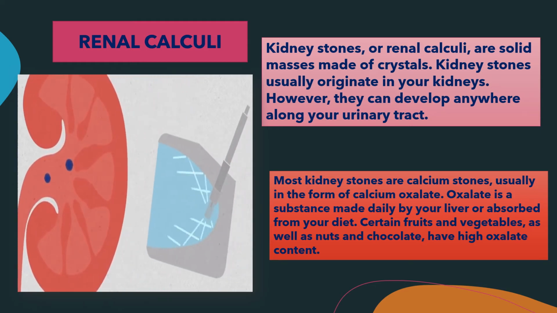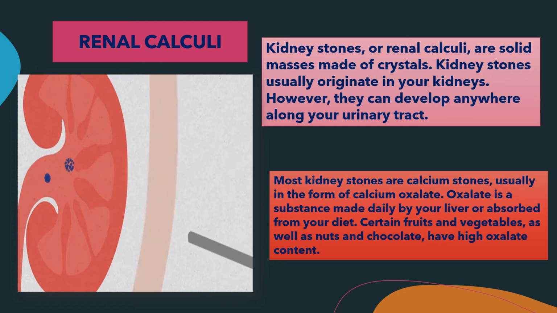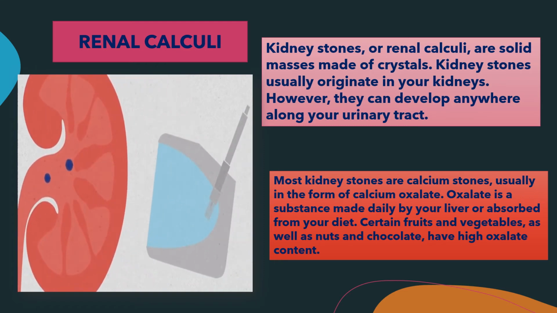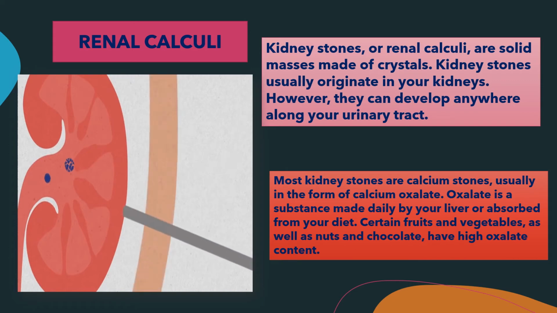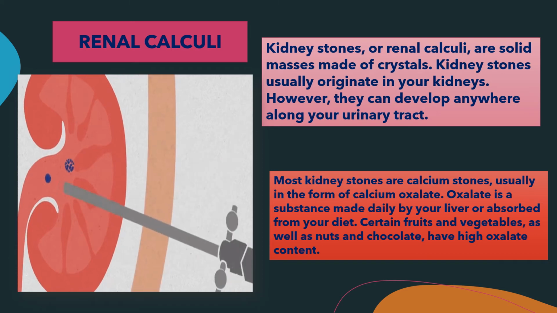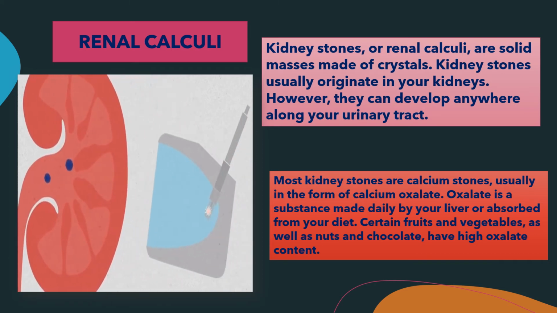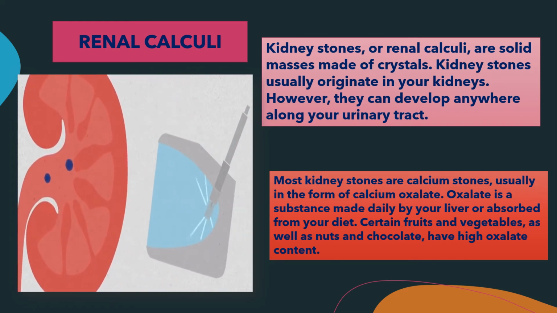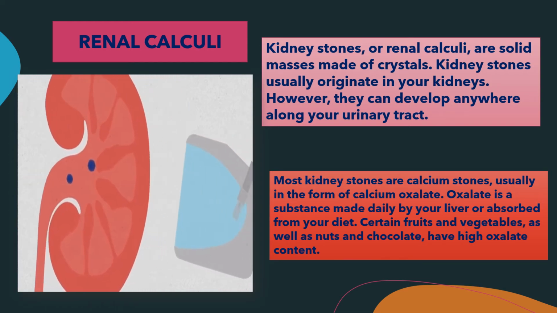Now you can see in the diagram, blue colored kidney stones have been shown in the hilum portion of the kidney. From this portion, they may come into the urinary tract to the urinary bladder also, or else they'll stay over there. Now, a process has been shown in this diagram that is called laparoscopy in medical science. So, this is the prevention.